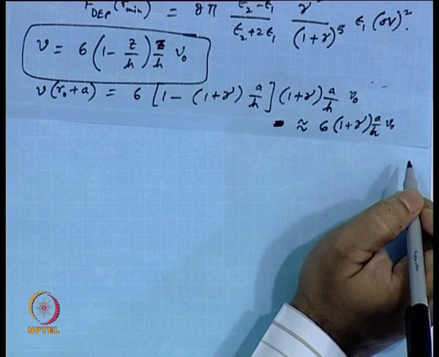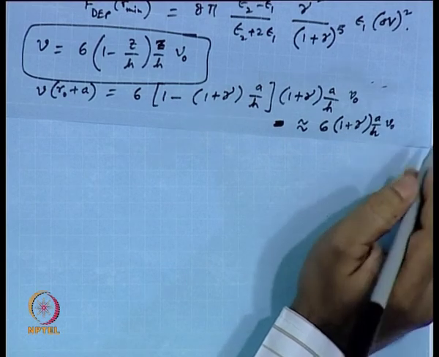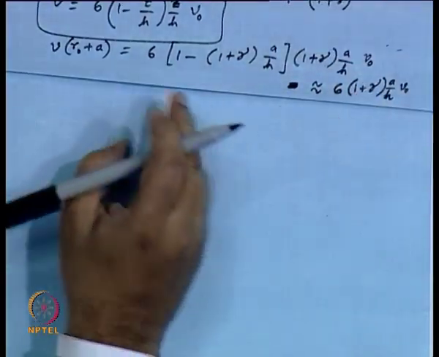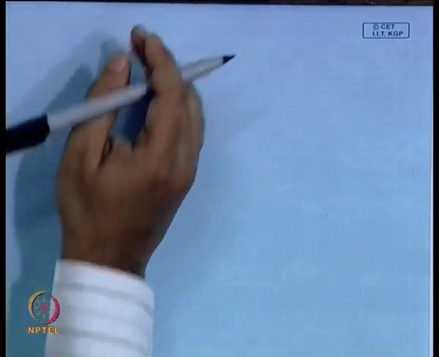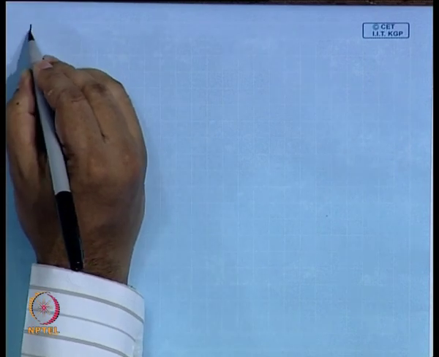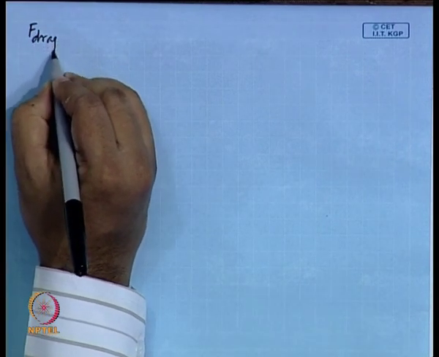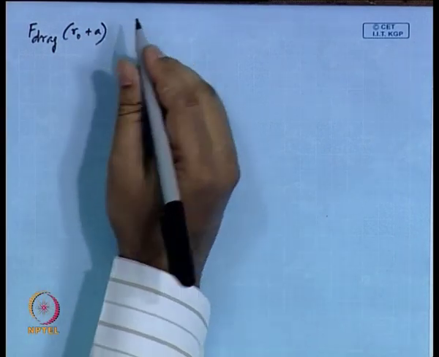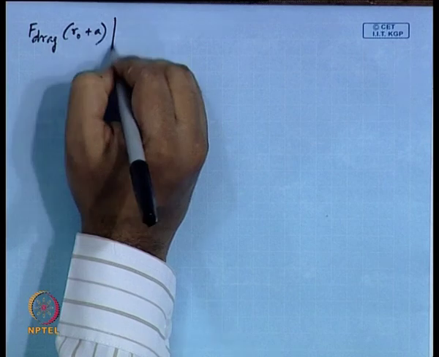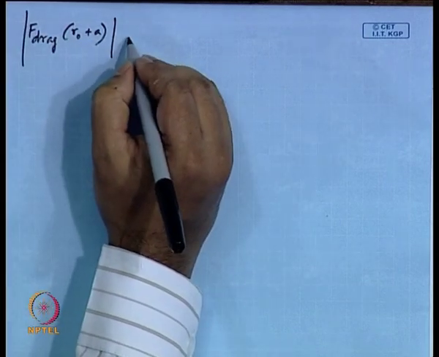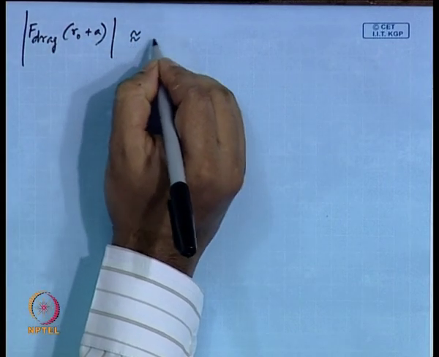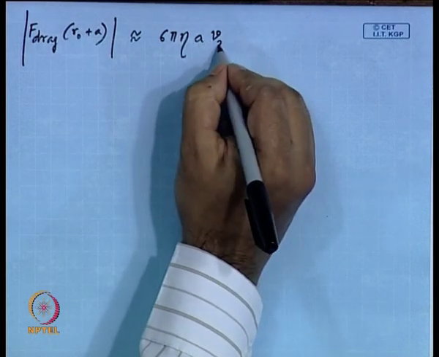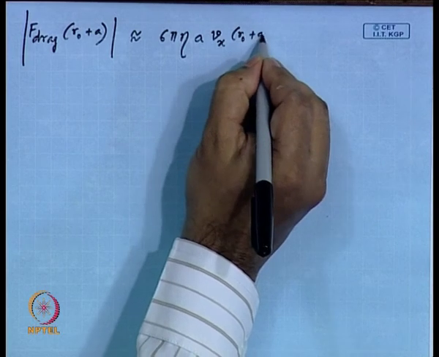This is approximated as 6 into 1 plus gamma a by h v 0. So, this is the expression for v. Now, if we go back to that, what is now F drag with all this understanding? F drag at r 0 plus a, that is at r mean location, if we look at the mod of it, we are interested in the magnitude. This would be close to 6 pi eta a v x at r 0 plus a,